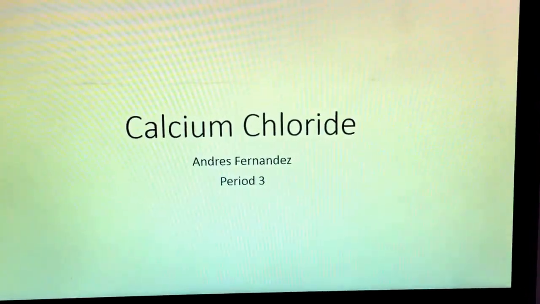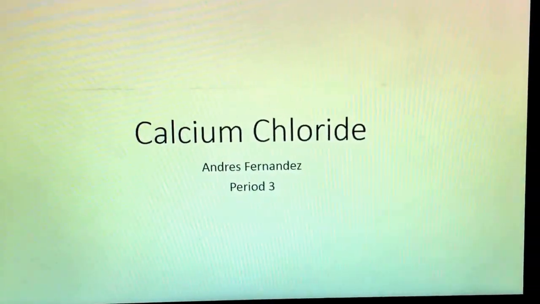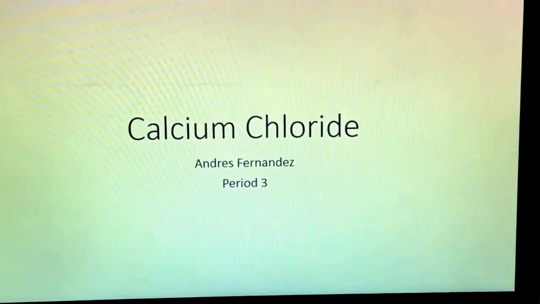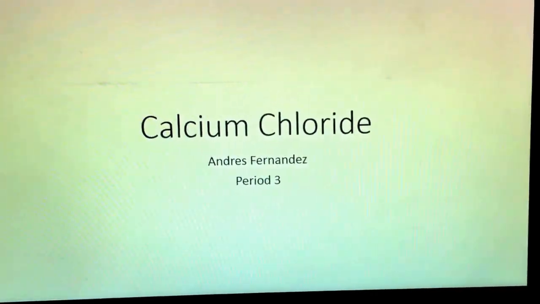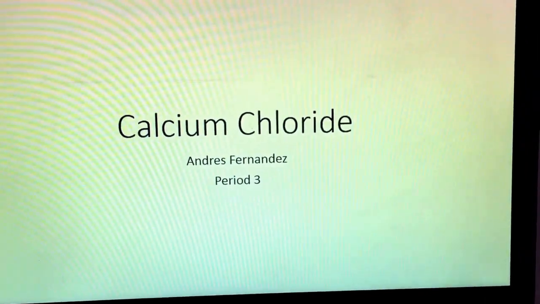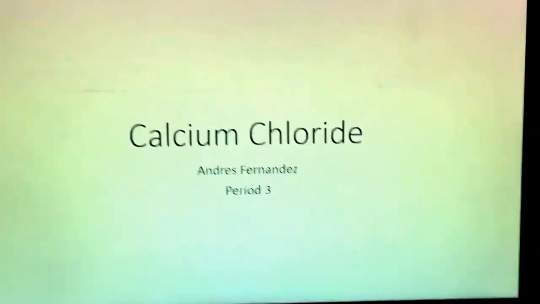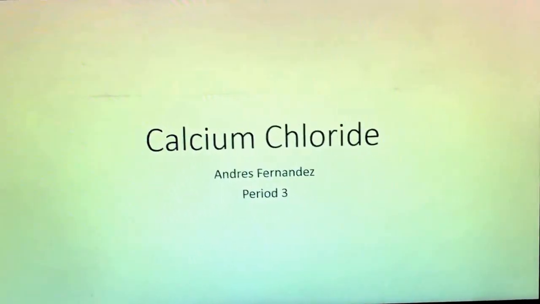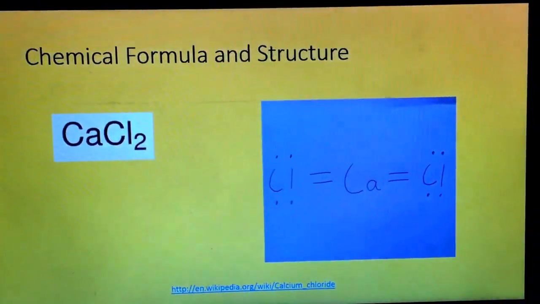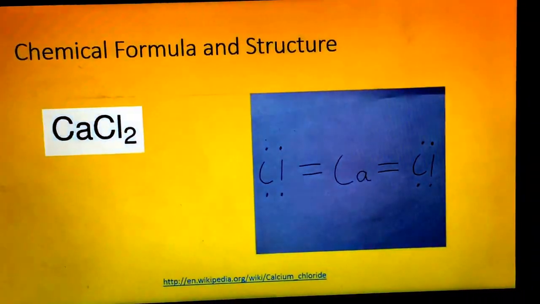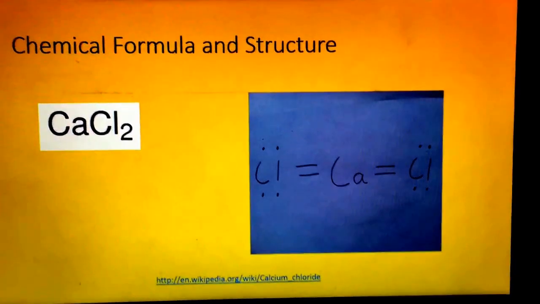For my chemistry semester project, I chose to do the compound calcium chloride, and I chose it because I just wanted to do a simple compound, something that we learned about before, and also a compound that has many different uses. So, the chemical name for calcium chloride is CaCl2, the chemical formula, and its structure,